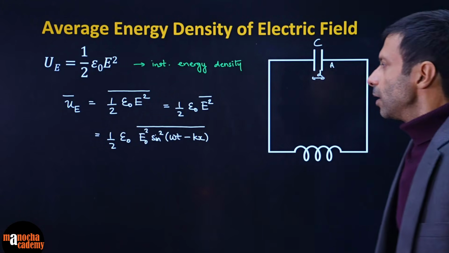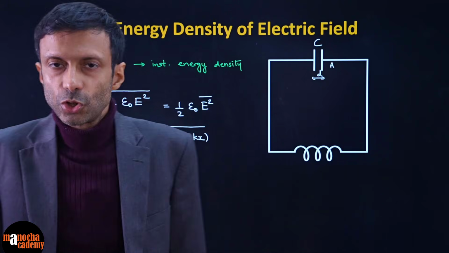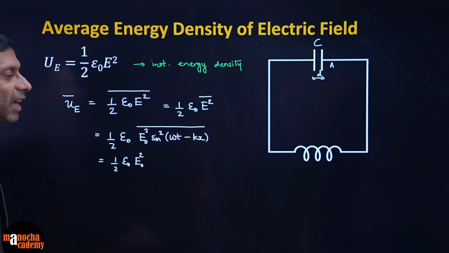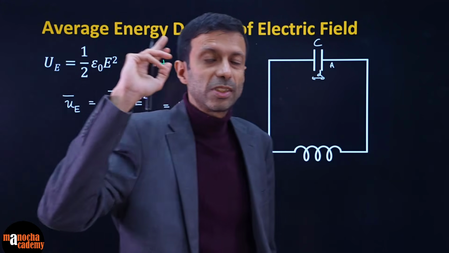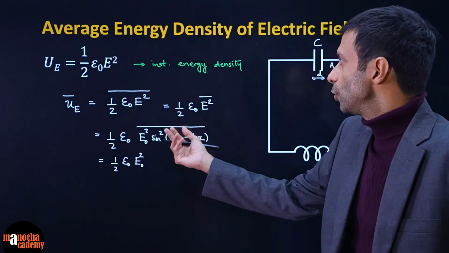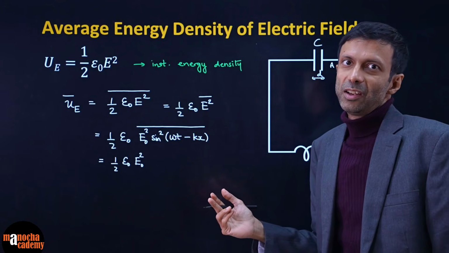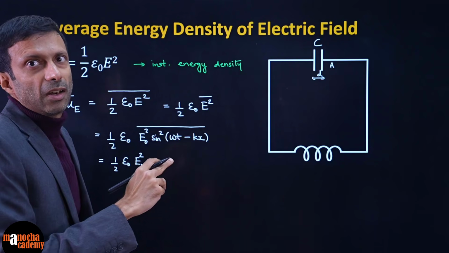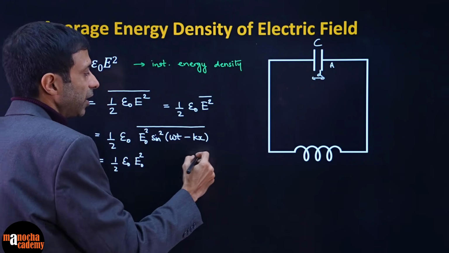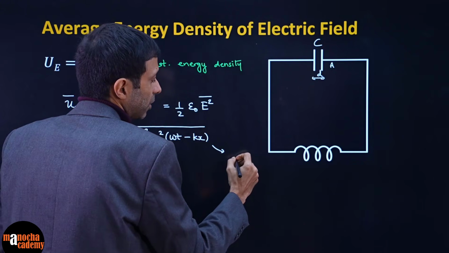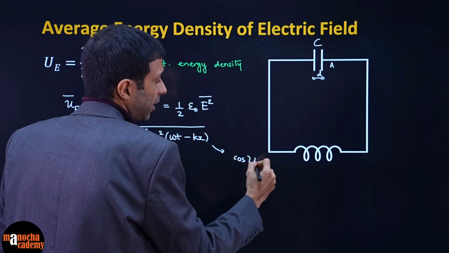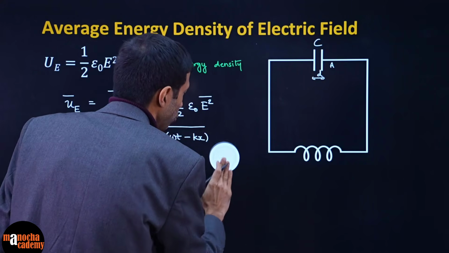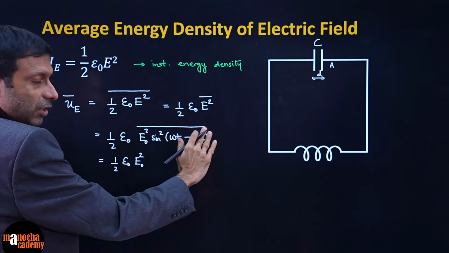Yes or no? So again the E naught square is a constant, so it comes out. And average of the sine squares, we have done this in the power stuff also. If you take an average of sine square, this part, you will see it will work out to be half. Because you can always use that trigonometric formula and you can convert it into that cos 2 theta formula, right? So you can check that and do it, but trust me, this will work out to be half. So you can try this out yourself.